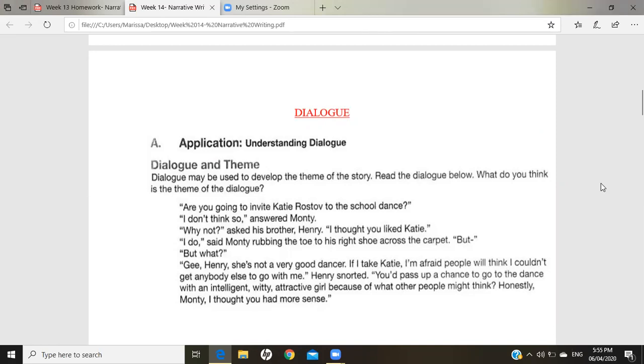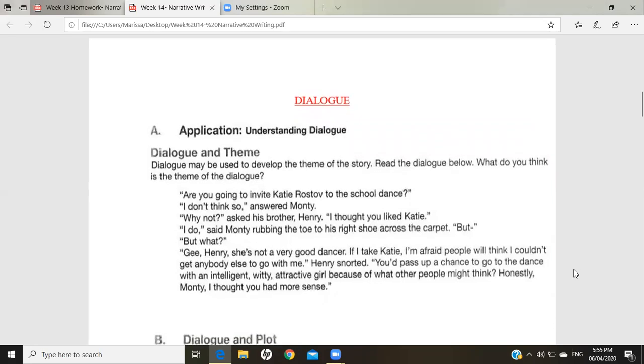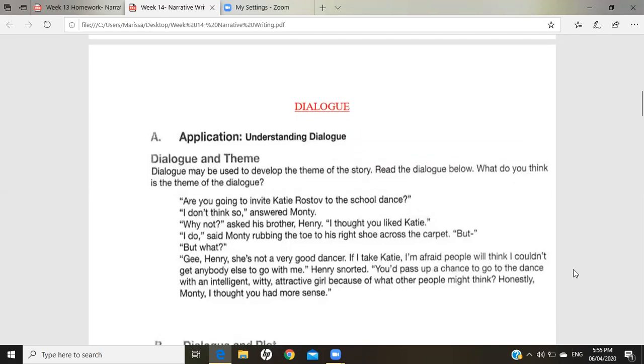They can tell us what they're saying and so on. So in this exercise, it says dialogue and theme. So we know that the theme is the central idea or the main idea of the story. So it says dialogue may be used to develop the theme of the story. Read the dialogue below. What do you think is the theme of the dialogue? So I'll be picking someone to tell me what they think is the theme, the main idea of the dialogue. So just from reading this conversation, tell me what you think is the main idea or the theme of this